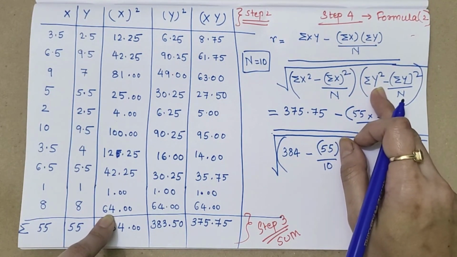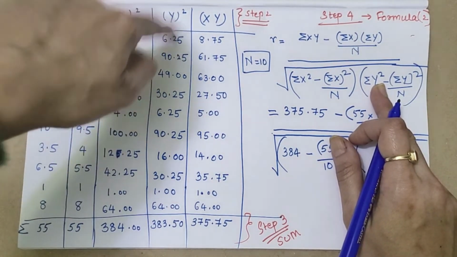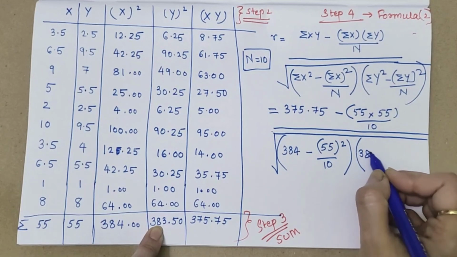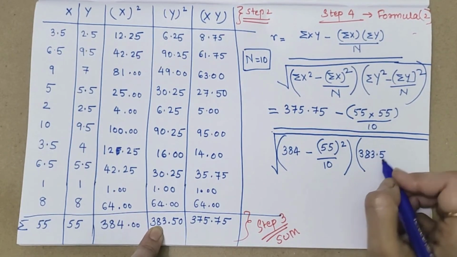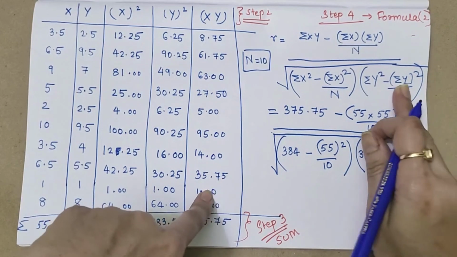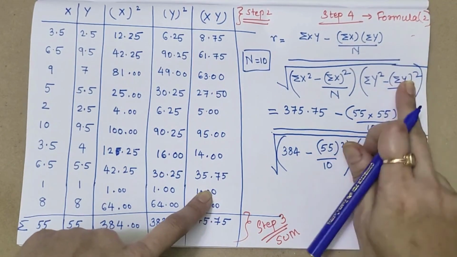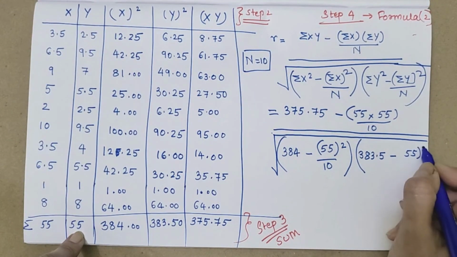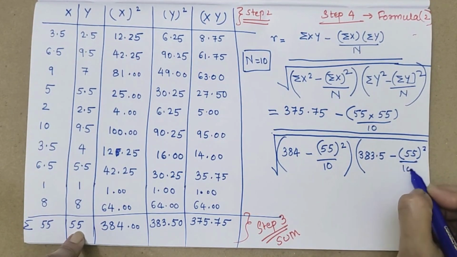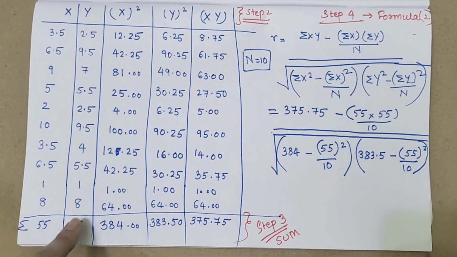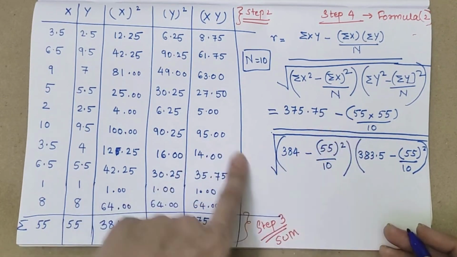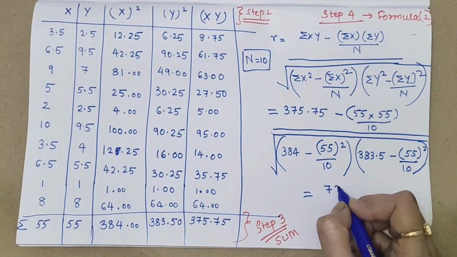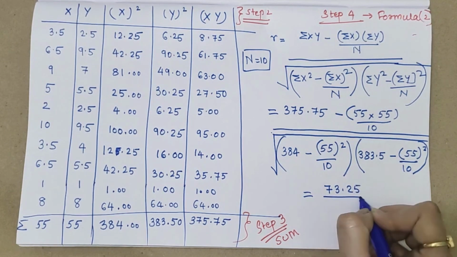Now this is summation of y square. So summation of y square, here comes 383.50, I'll write 5 only, minus summation y the whole square. So summation y the whole square divided by 10. This is the whole bracket. Now you can solve this entire thing. The value you will get is 73.25 divided by